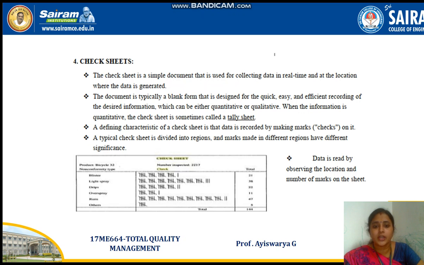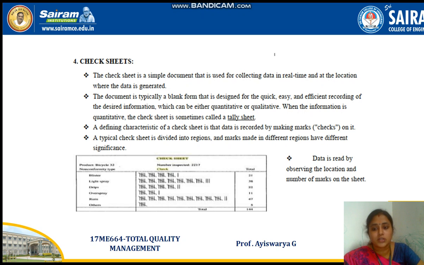We are already aware that a check sheet means collecting all the real-time data. All the data will be checked one by one, and if a process is over, it will be cancelled and another process will be checked. So the data is checked one by one. That is the objective of a check sheet.